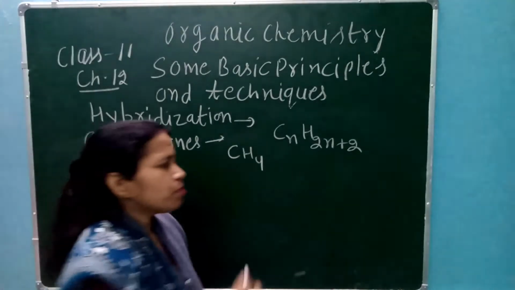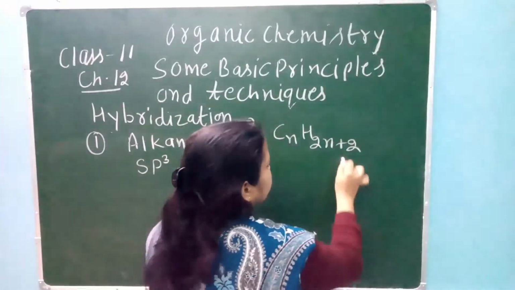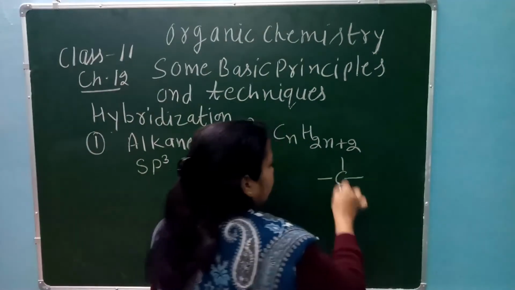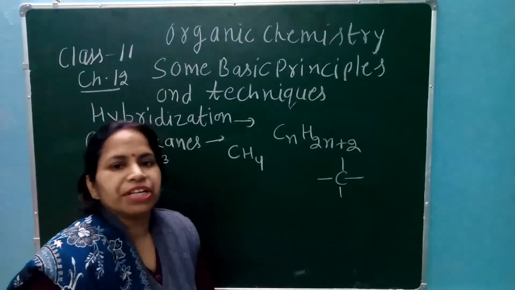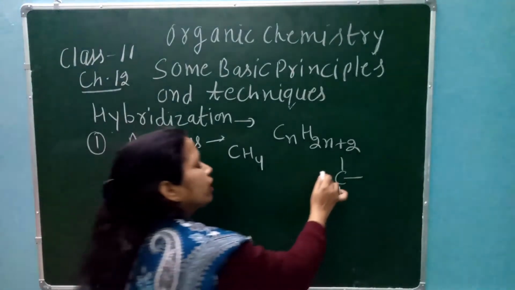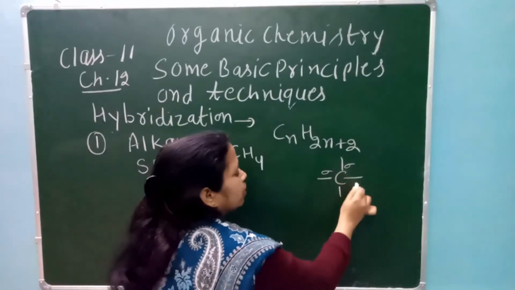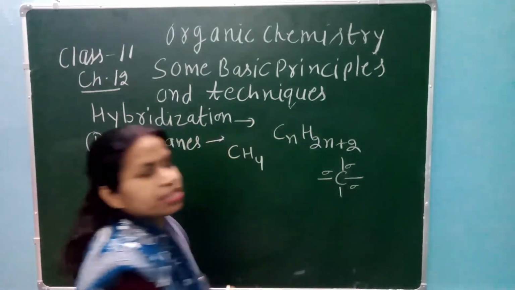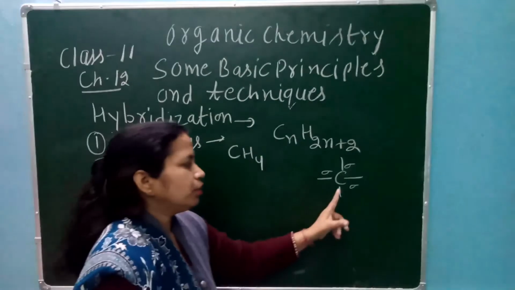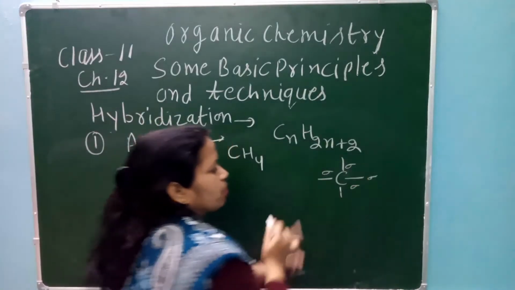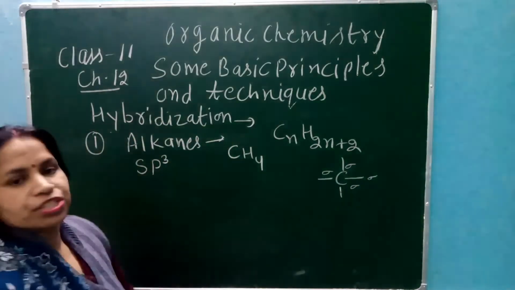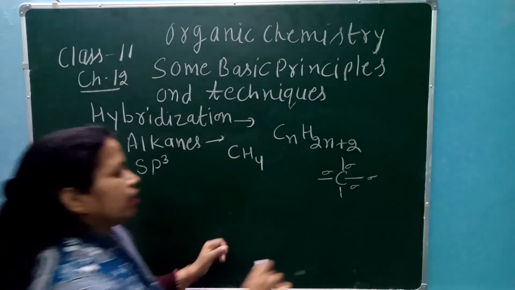कैसे कैलकुलेट करेंगे? बहुत सिंपल वे है. हाउ टू कैलकुलेट द हाइब्रिडाइजेशन इन एनी कार्बन एटम. किसी भी कार्बन एटम का हम हाइब्रिडाइजेशन कैलकुलेट कर सकते हैं. Count the sigma bonds. हाउ मेनी सिग्मा बॉन्ड प्रेजेंट हियर? 1 2 3 4. तो 4 सिग्मा बॉन्ड. तो इट मीन्स हाइब्रिडाइजेशन इज sp3. Like ethane.